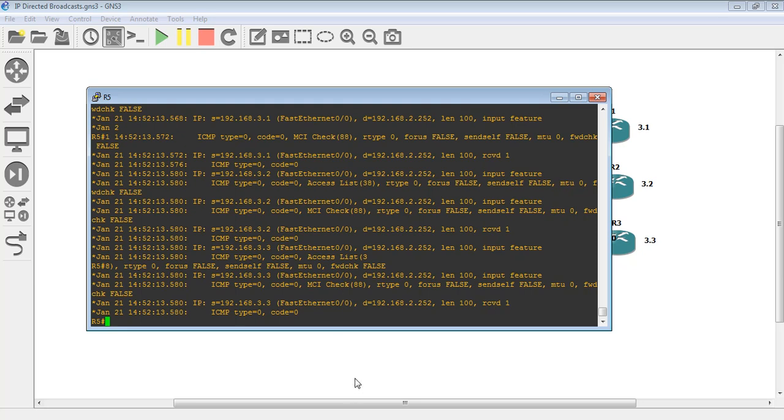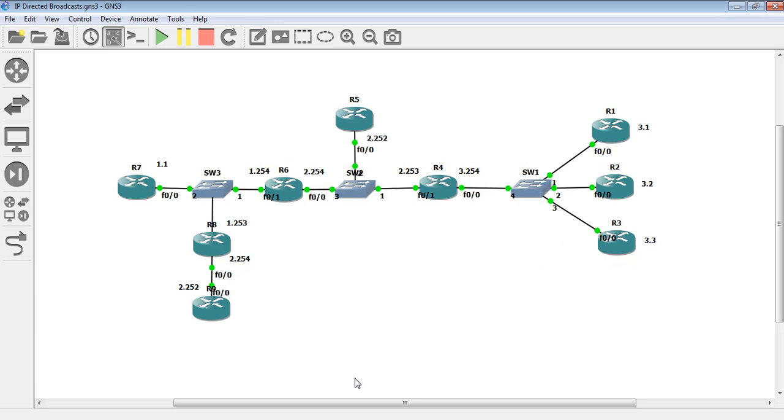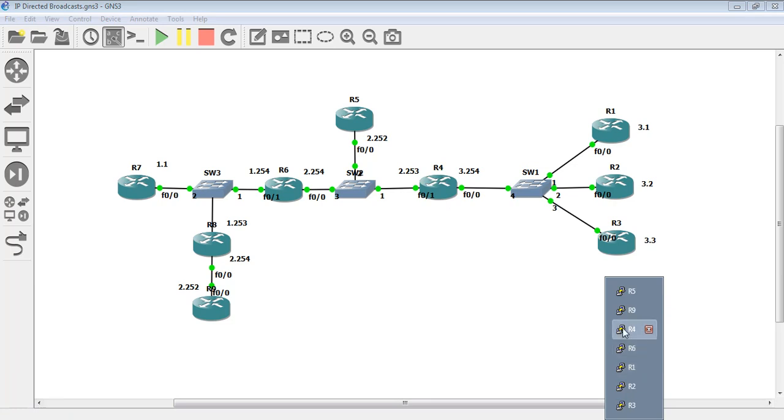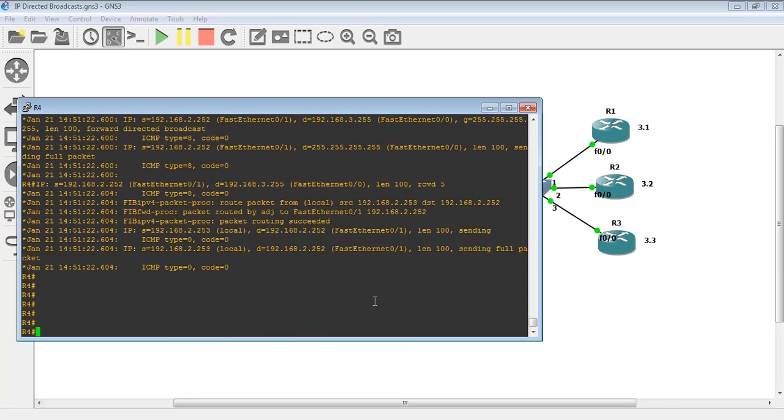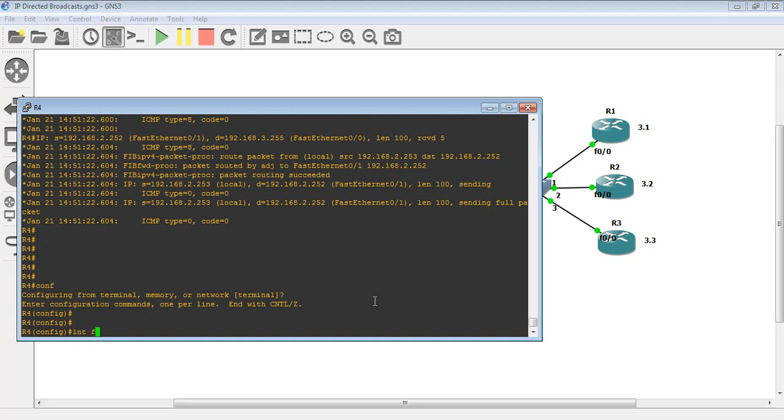Now, how can we stop that attack? We have two ways to stop that attack. The first way is to disable the IP directed broadcast feature on the interface FastEthernet 0/0 on R4, the last router. So if we go now to R4 and go to the interface FastEthernet 0/0,